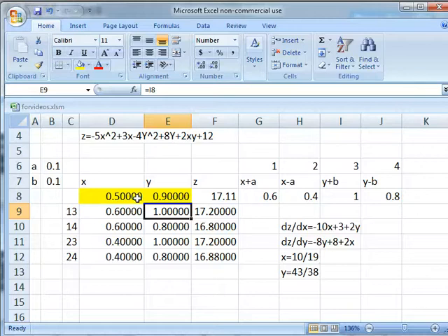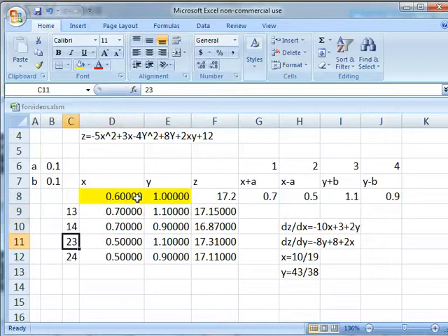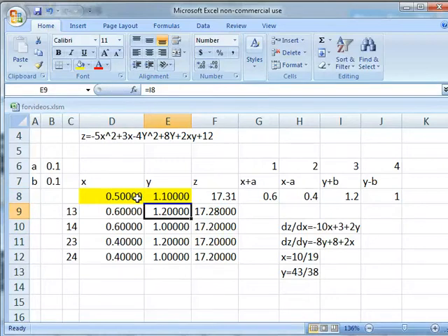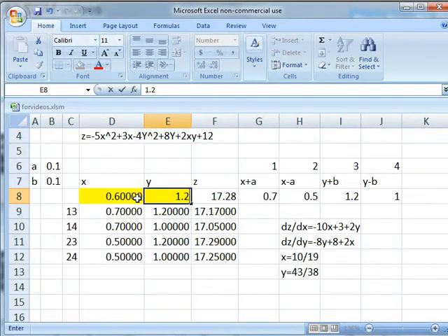And now again I get a break, so it doesn't matter if I go either way. So I'm going to just go 0.6 and 1, and now it's better to go 0.5 and 1.1. But again, what we're doing is we're exploring the neighborhood, and we're taking the best that we find in that neighborhood. 0.6, 1.2,